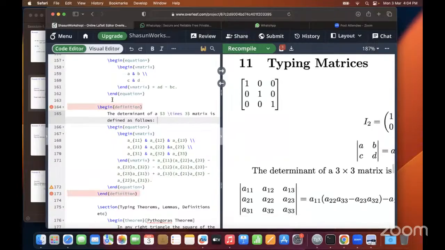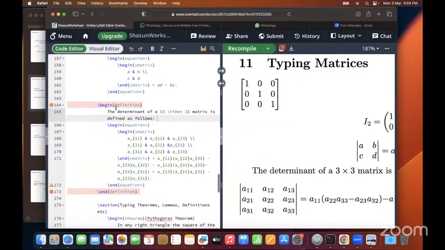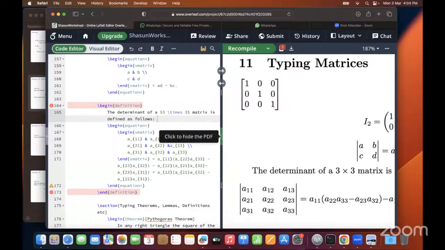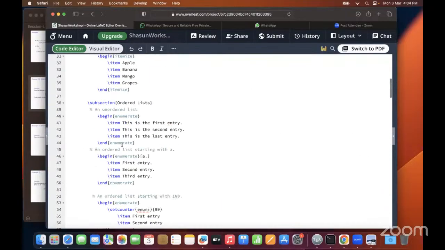It's going to give you an error. The reason is it doesn't recognize this begin definition and end definition. So what we have to do is we have to tell it how to recognize this command. So we go here